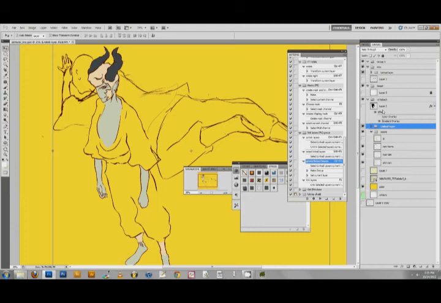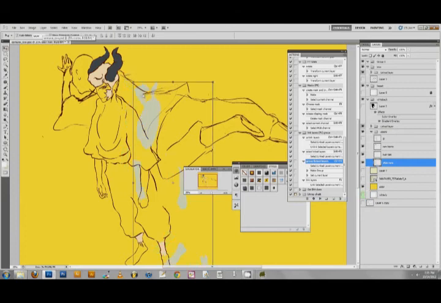And another nice thing is Photoshop doesn't let you select things really quickly. I always have auto select layer turned on so that I can just go in and move things and whatnot.